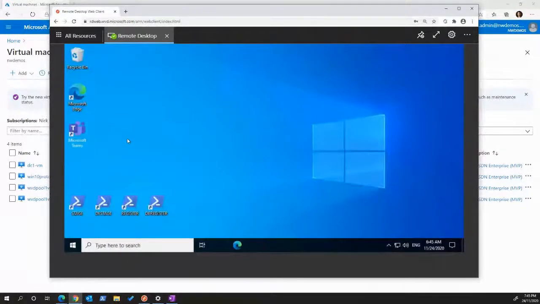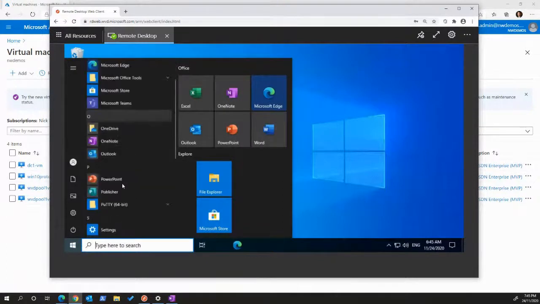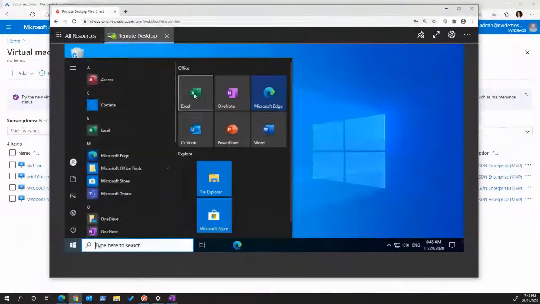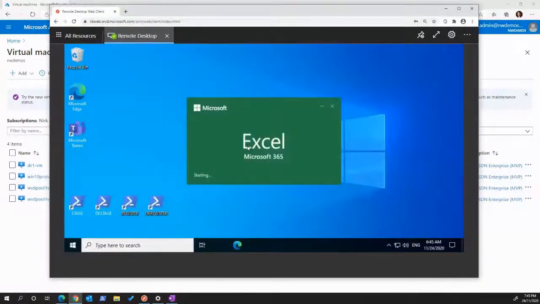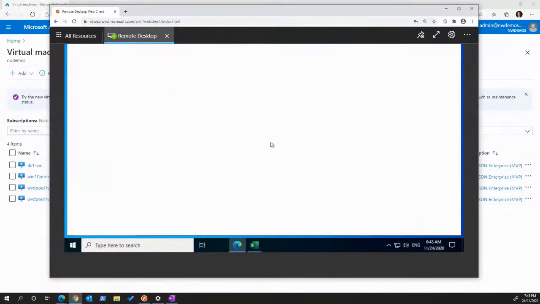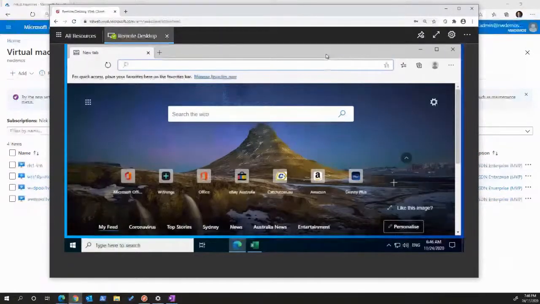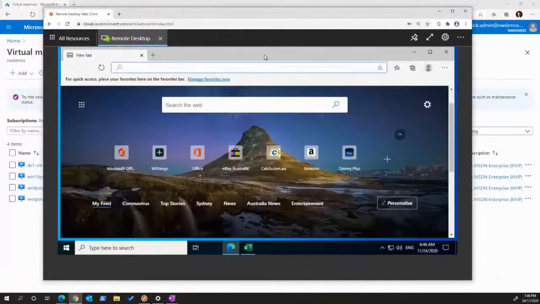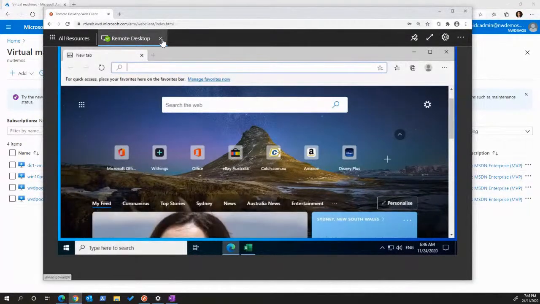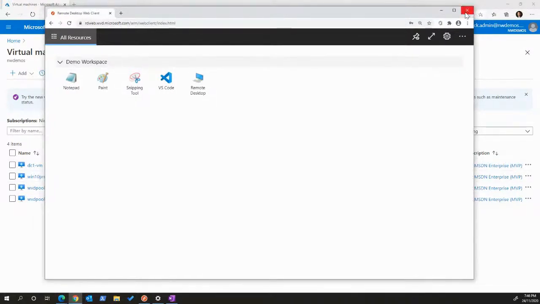Once I'm in here, it's exactly as you'd expect. It's a complete Windows 10 environment. I have my start menu, all my applications. I can open Excel if I want. There it is. Open Edge, and it's exactly what I expect, right? And then, when I'm done, I can literally just close this session, quit out of my browser here,